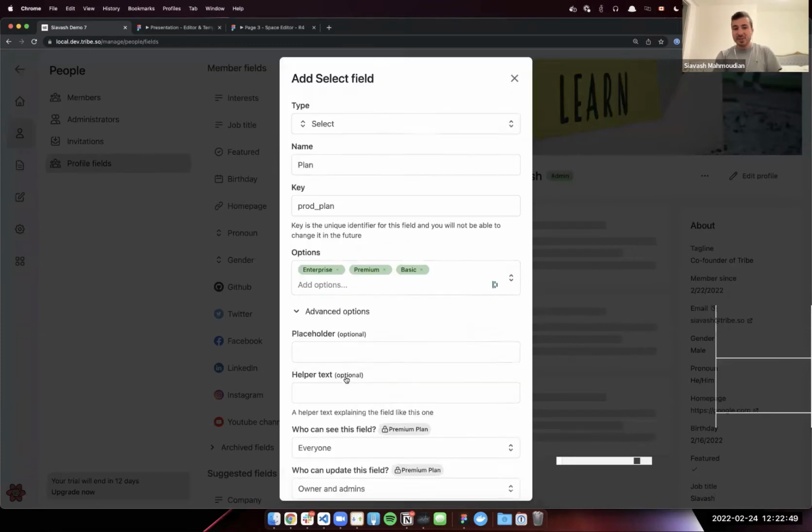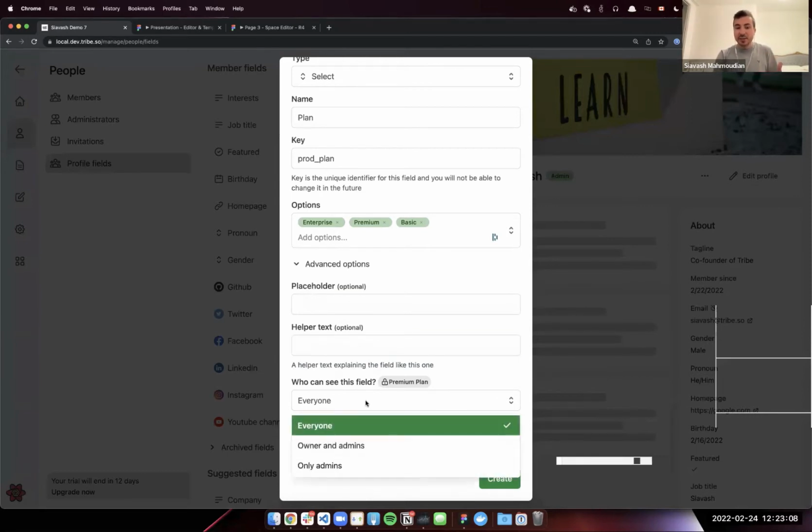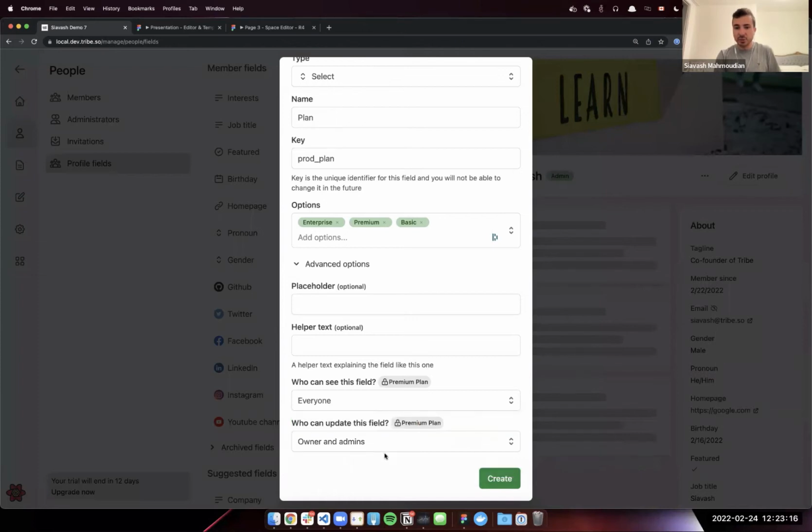And then I have some advanced options. Do I want to show a placeholder when nothing is selected? Do I want to show a helper text under these text fields, or in this case, select? And these are the options that are only available to the premium plan. So if you want to define who can see these fields, and if you want to set who can actually change these fields, you need to be on a higher plan.